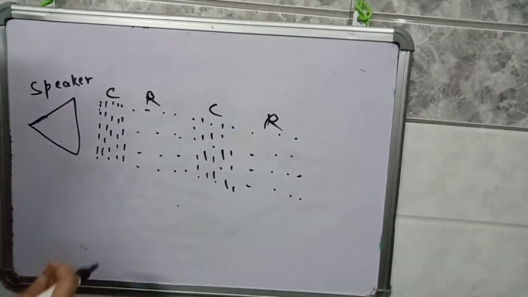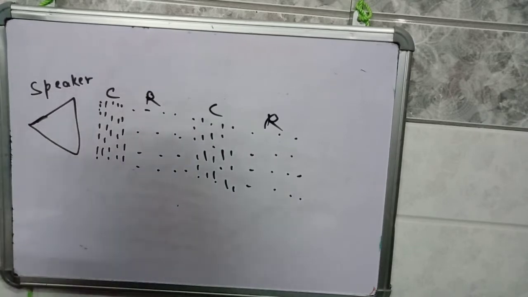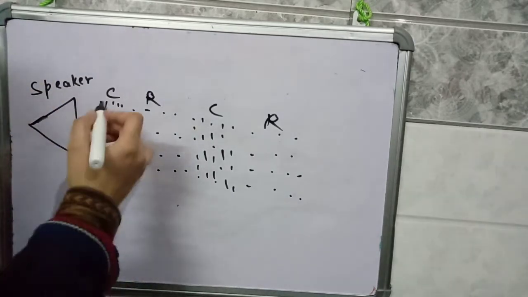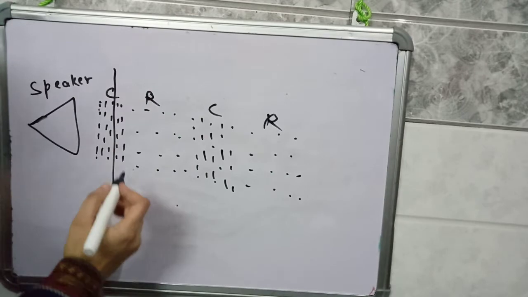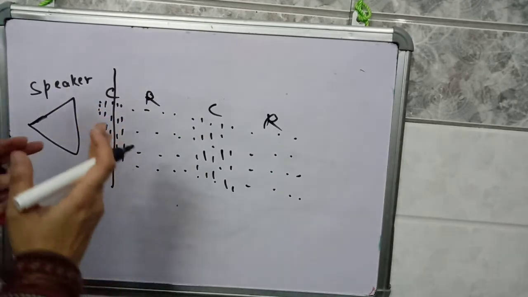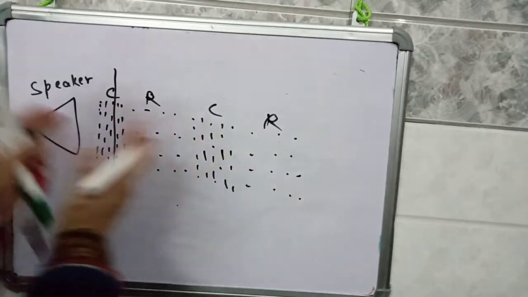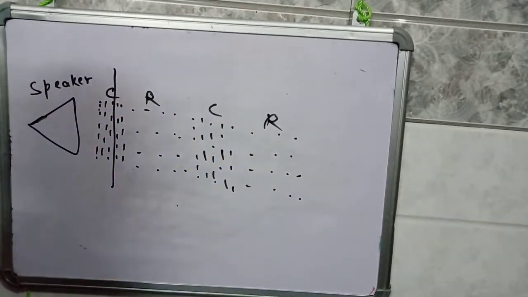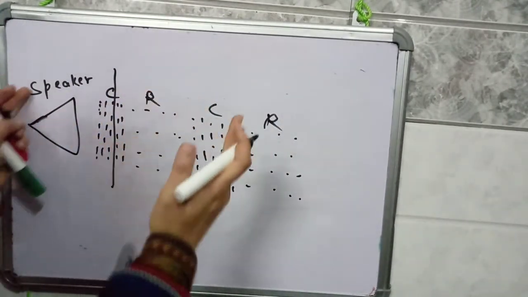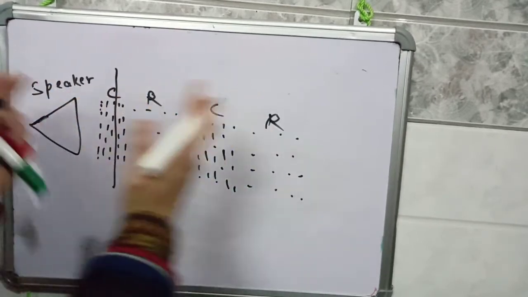So how are the particles of the medium oscillating? There is some mean position, and from that mean position particles oscillate like this. They move apart, then come closer, move apart, and then come closer again. So the overall picture of a sound wave is like this. Air particles are moving like this, having oscillatory motion.